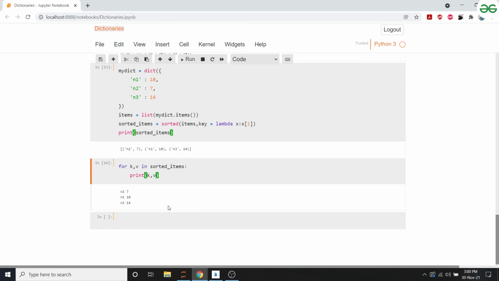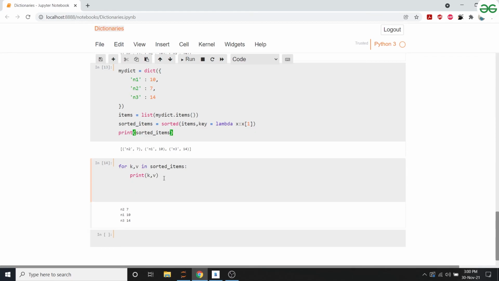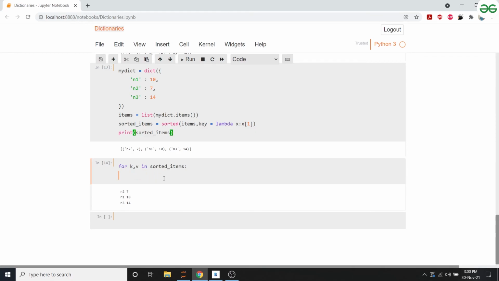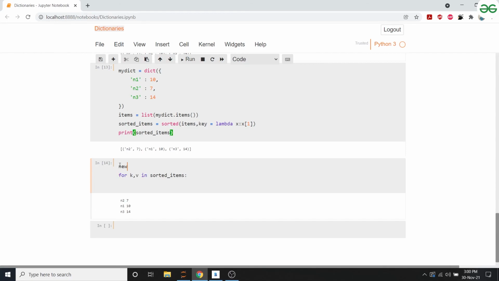Now we want to create this data into a dictionary, right? How do we do that? So let's say we create a new dictionary, and then we map these values. New dictionary of k will be mapped to v.